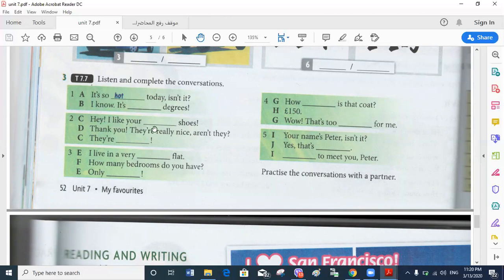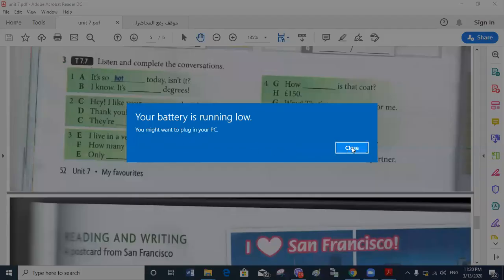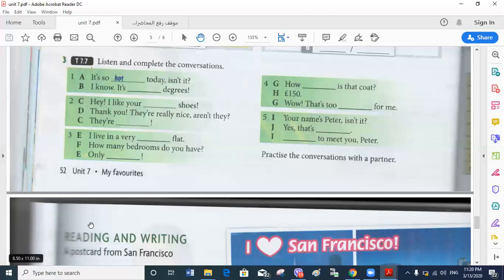Hey, I like your new shoes. Thank you. They are really nice. Aren't they? They are nice. So you can use these